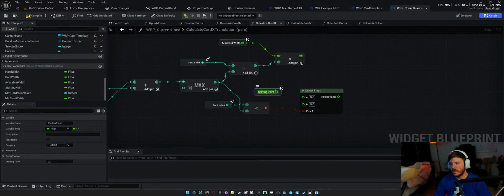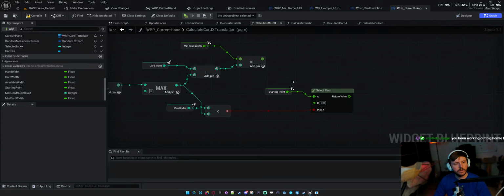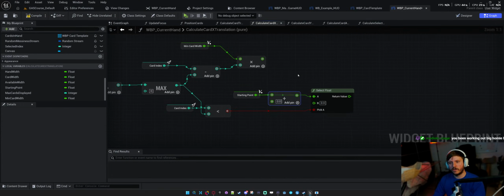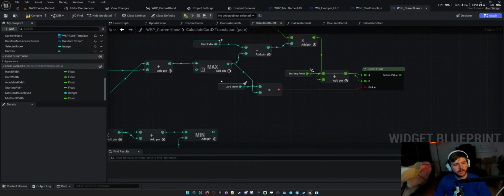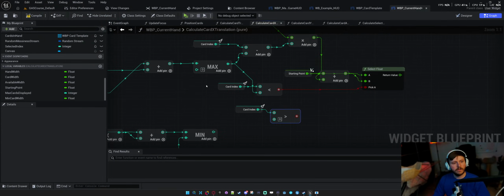Point is an A. B. This plus this. Another one. So index is greater than, then